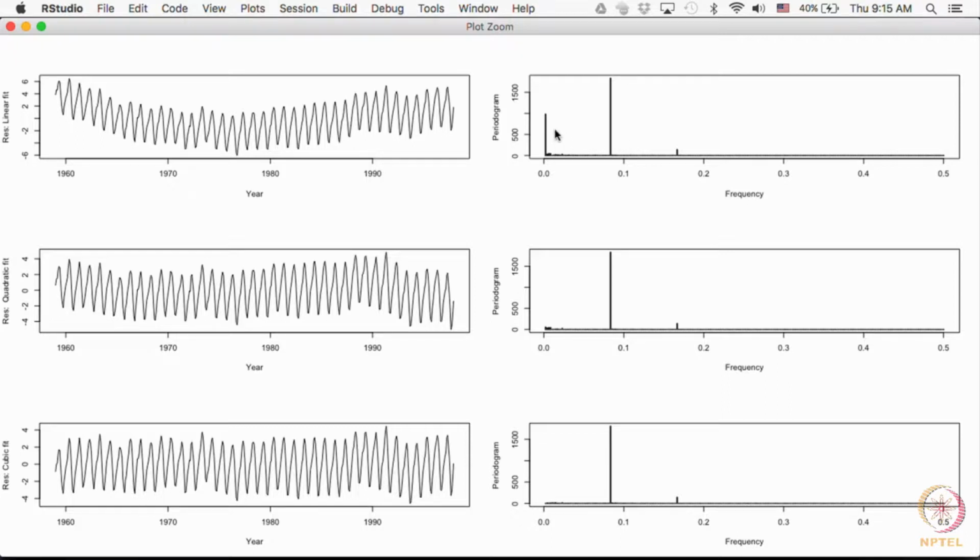But there is still this low frequency component present, which is shown by the peak there at the low frequencies, and that peak could be either due to a very low frequency sinusoid or some quadratic trend. Which one is correct is what we want to check, and that is why we go through a quadratic fit, right. Once we have a quadratic fit, the residuals are shown here, and still there seems to be some very low frequency component present.